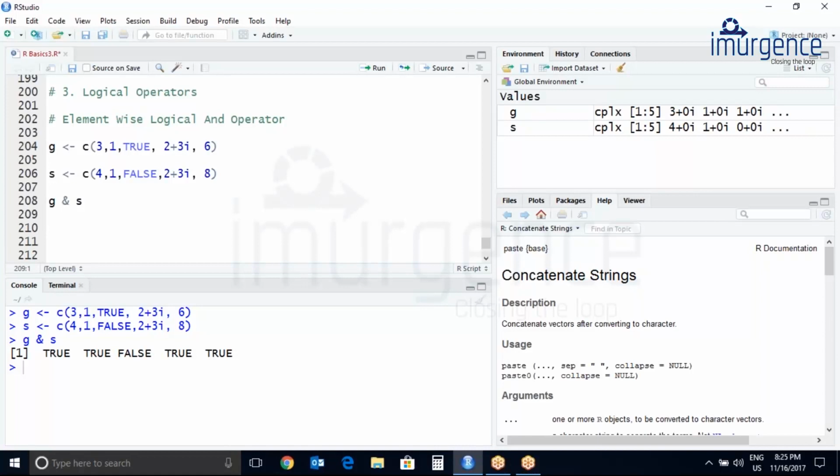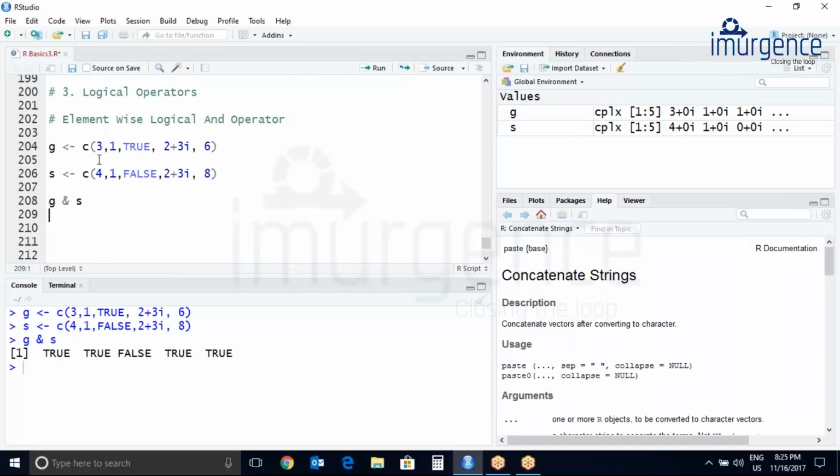Let's do control enter. So it will check element by element and it will apply the logical AND operator. So anything above value 1 is true. So in this case 3 and 4 is true.